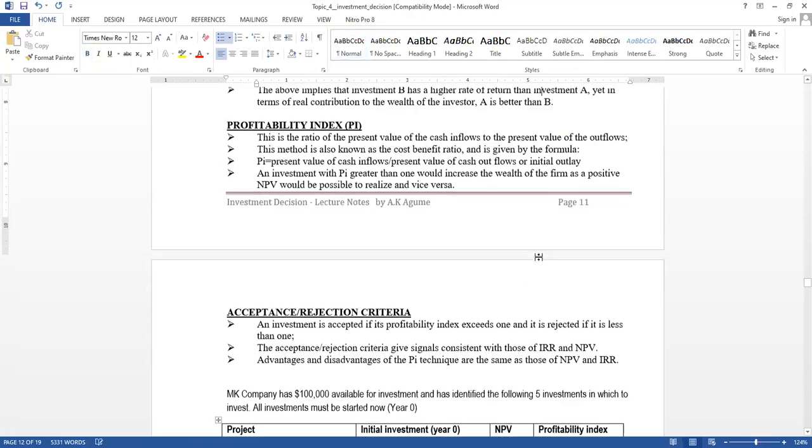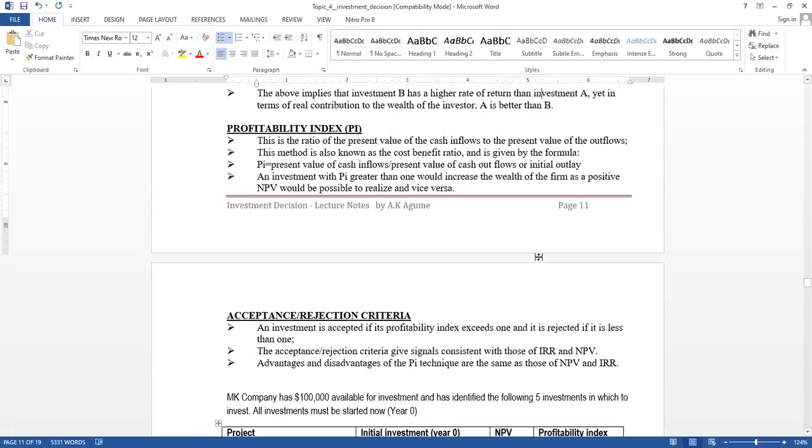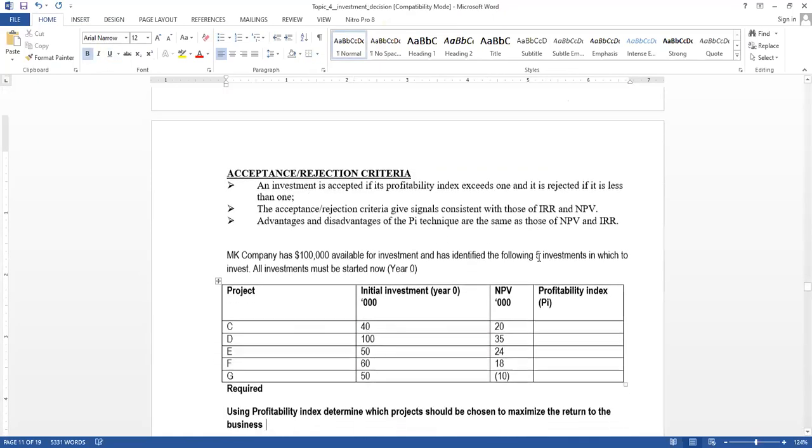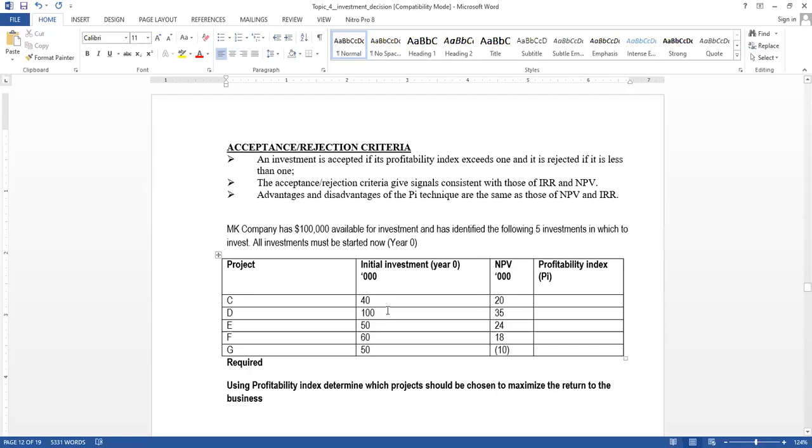I need to get the PV, present value of cash inflows, divided by present value of cash outflows, or initial outlay. So meaning that for project C, it's going to be 20 divided by 40. So that gives me what? 20 divided by 40, 0.5. Then for project D,